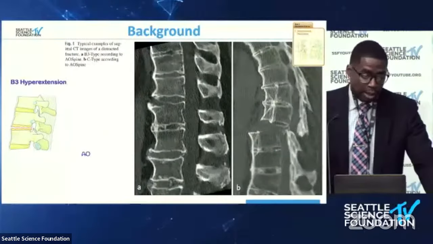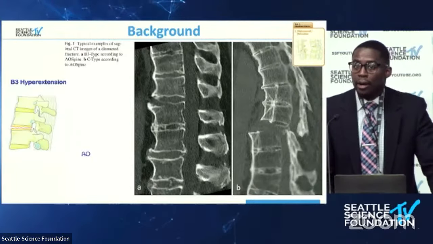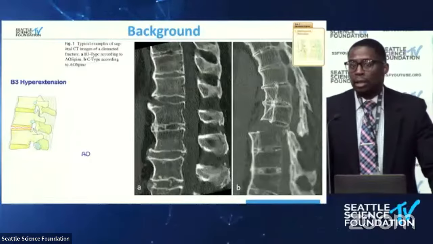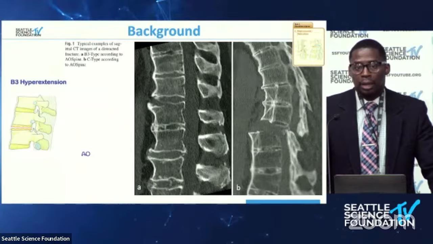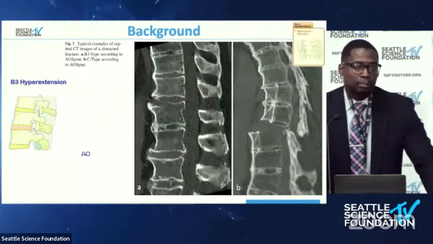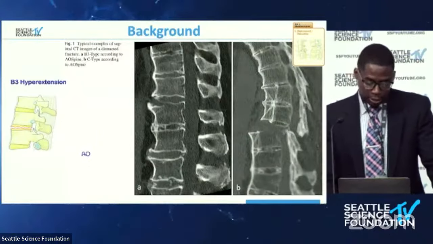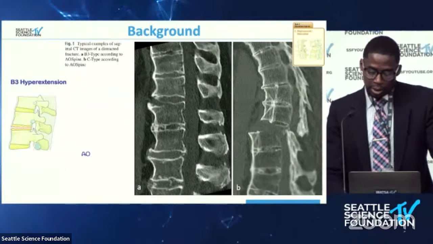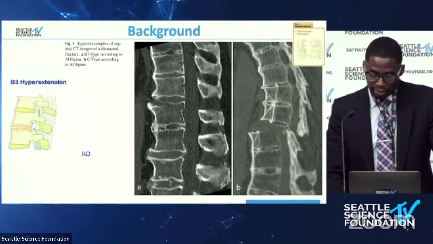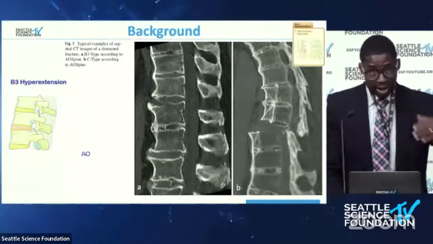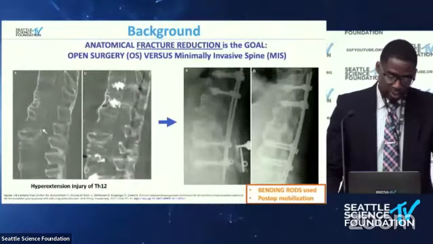Again, Dr. Patel gave us a very thorough review of the type of fracture patterns that occur in some of these patients with ankylosing spondylitis, many of them commonly being AO classified type B or C, specifically B3, causing hyperextension or distraction injuries. Many of them likely occur due to low energy trauma from ground-level falls while standing or walking. And these patients have a higher risk than patients that don't endure some of these injuries.